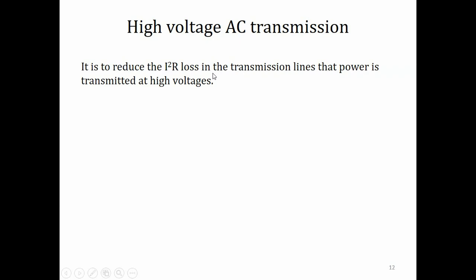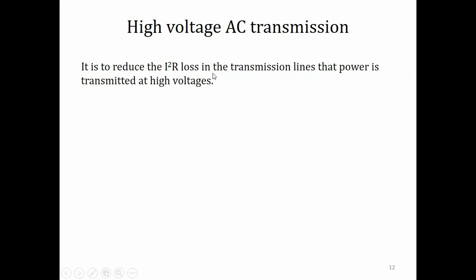That is the voltage that is generated at the generating station also. But when it is transmitted, the voltage is made much higher, maybe 2000 volts or 5000 volts by a transformer, right? I assume you are familiar, so I'm just revising that transmission is done at a very high voltage of many thousands of volts. And what is the reason?